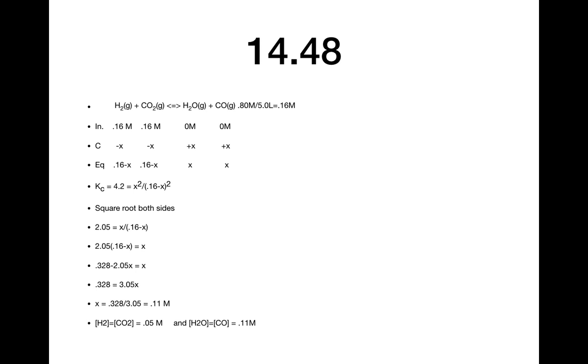Bring the 0.16 minus X over to the left. We get 2.05 times (0.16 minus X) equals X, which expands out to be 0.328 minus 2.05X equals X, or 0.328 equals 3.05X. So a little bit of algebra, but not as bad as doing a quadratic formula. So we finally get to the point where we have X equals 0.328 over 3.05, which is 0.11 molar. Plugging that back in up above, 0.16 minus 0.11 is 0.05 molar at equilibrium for H2 and CO2, and H2O and CO are X, so H2O and CO at equilibrium are